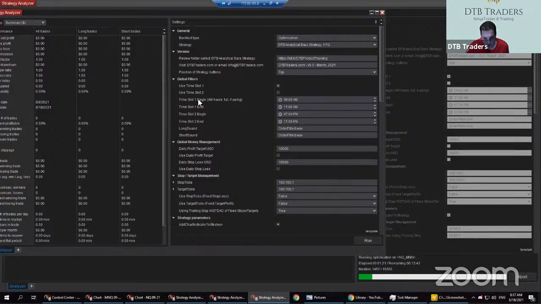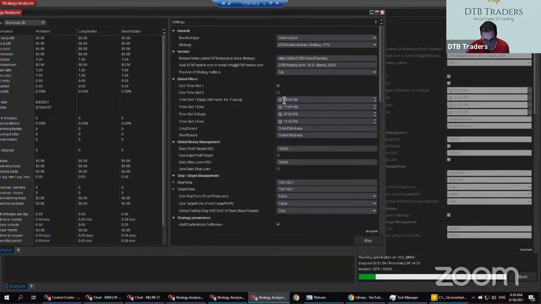So you can select those hours in there. Now, always make sure that you're using AM hours first. So you can't put, for example, 6 p.m. to 3 a.m. That will not work. NinjaTrader does not allow that to happen. I've been through this with them. You have to put the AM hours first. So like here, we're going to be using 9 to 11. So it's very simple. But if you were going to trade, for example, from 10 p.m. to 3 a.m., as an example, you would have to go